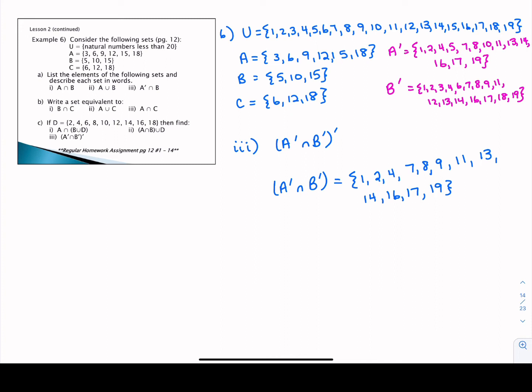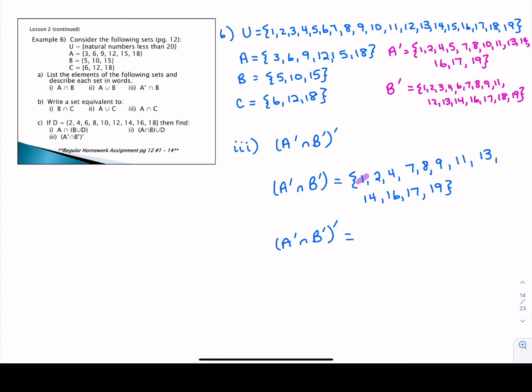Now what we need to do is find the complement of that. So if we have not A intersect not B prime, what it means is anything that is in the universal set but not in not A intersect not B. I know it seems really confusing, but if I look at my comparison, I'm actually just going to cross things out to make this visually easier for you. Remember, a complement means it's not part of the universal set. So from here,